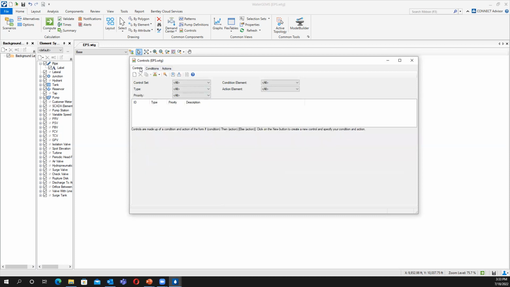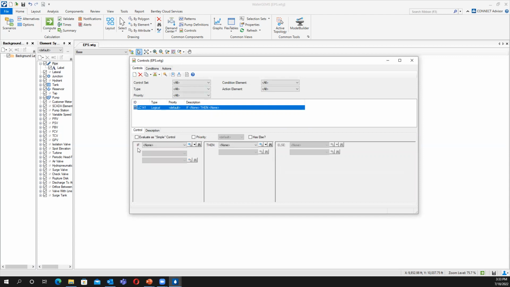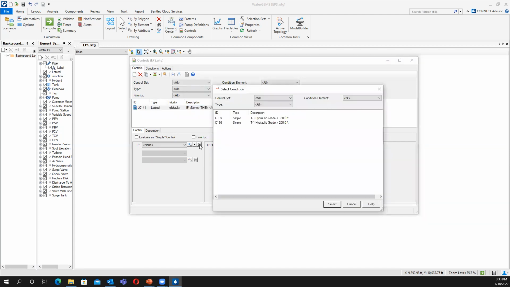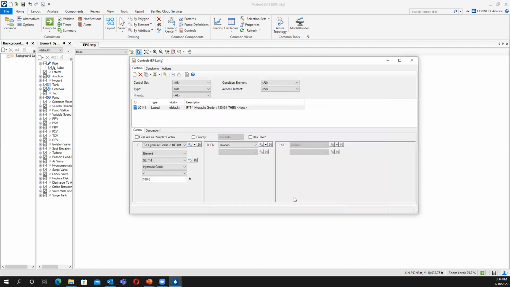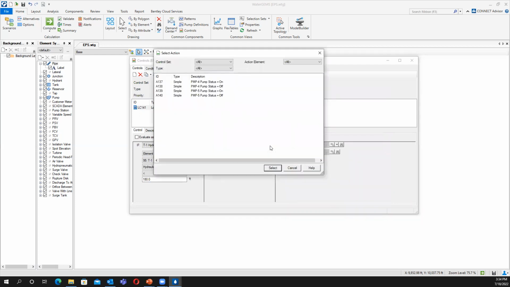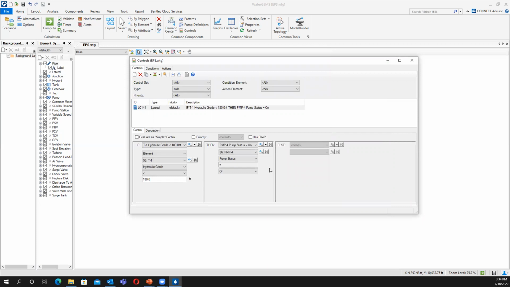When I click on controls here, I'll do the same. First of all, I'll select new, and for this if situation, if you click on this binocular option, you can find the conditions that I have just created. These are the 2 conditions that I created, and you can select any of them according to your choice. Then these are the actions. When you click on this binocular option, you will find all the actions that I have just created, and you can select any of them according to your work.